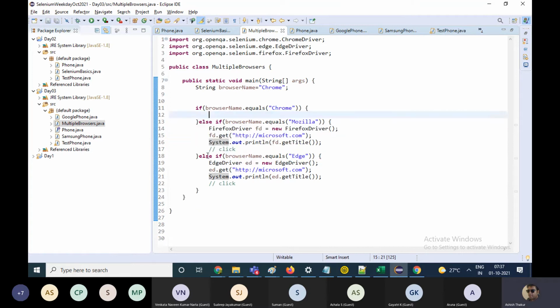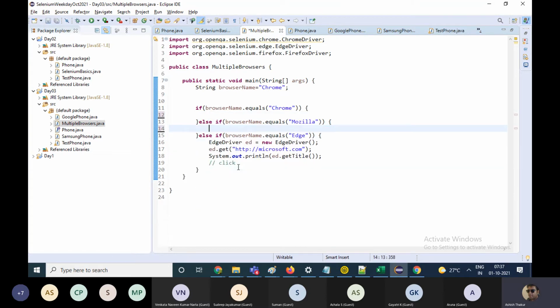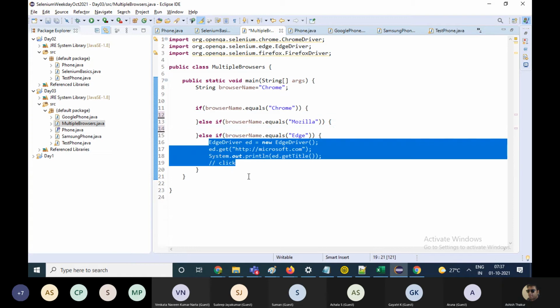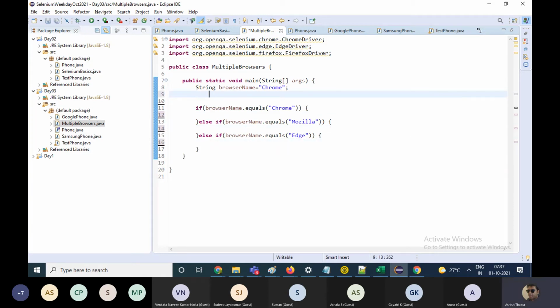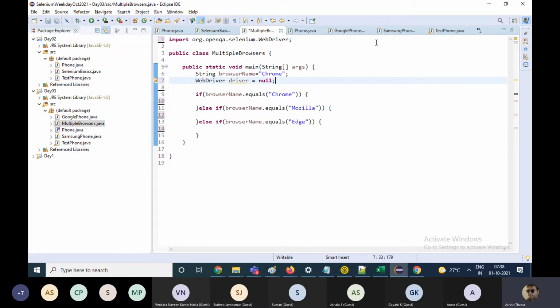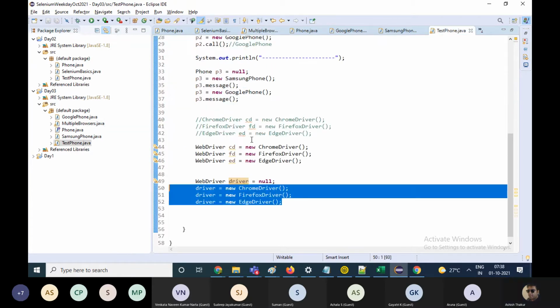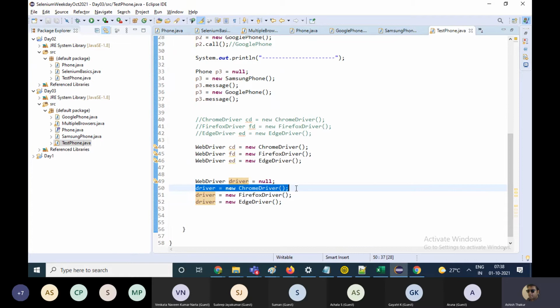So I'll just remove all this code and declare my web driver equals to null. Based on my choice, like if the browser name is Chrome, I will initialize driver to Chrome driver inside the if statement.